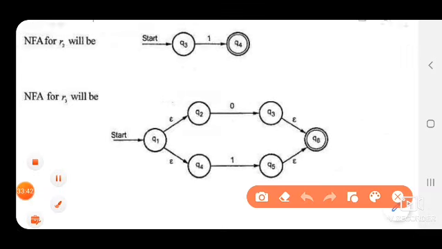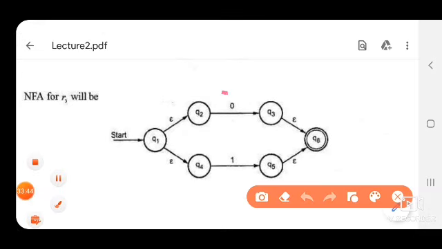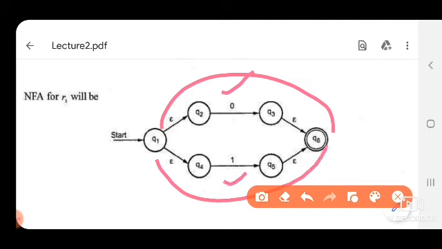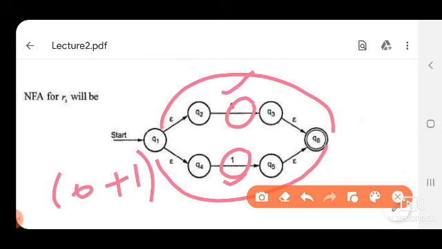This figure is for either we can go from initial to final with 0, or we can move from Q1 to the final state with 1. So, these 0 and 1 are in parallel. Okay. So, this figure is for 0 plus 1, but we have to draw it for 0 plus 1 whole asterisk.